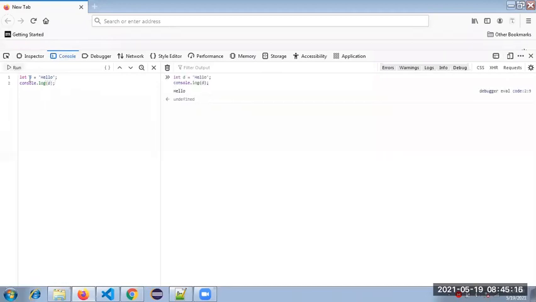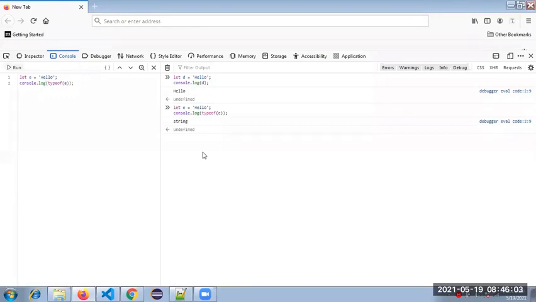If you want to print the data type of it, then use typeof. Why did I change D to E now? Because D is already registered in memory, so I just changed it. I'm trying to explain this very simply, guys. See, the data type is string.